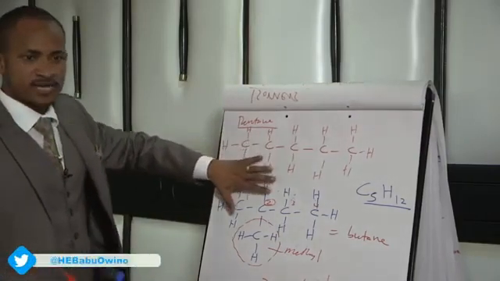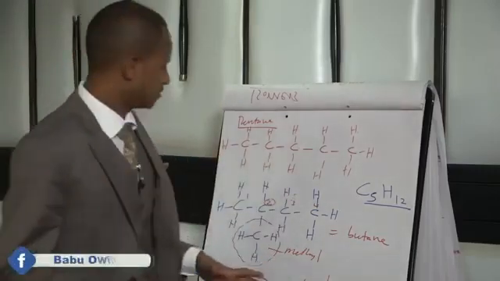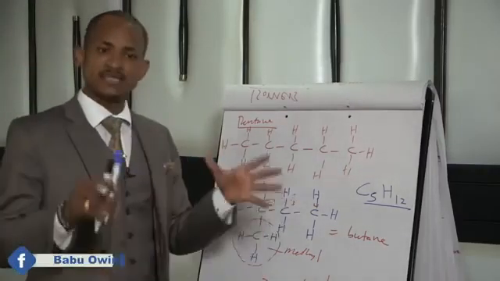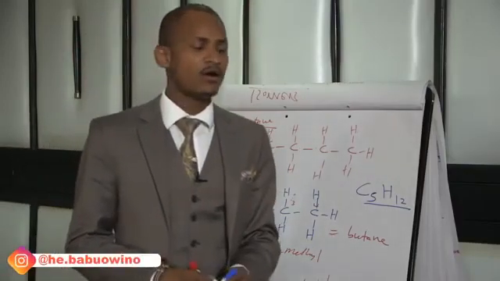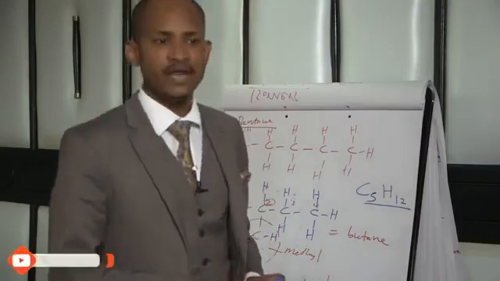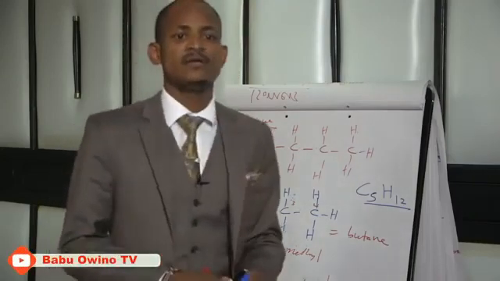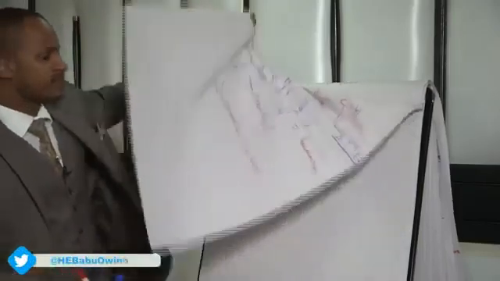So class, from here, the first assignment before we finish, I want you to get all the isomers of hexane, all isomers of heptane, all isomers of octane, all isomers of nonane, and all isomers of decane. That is our assignment for today. As I finish the class,